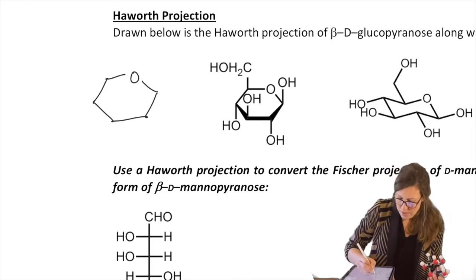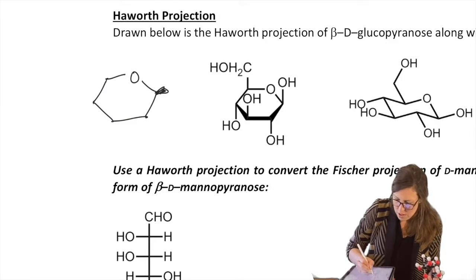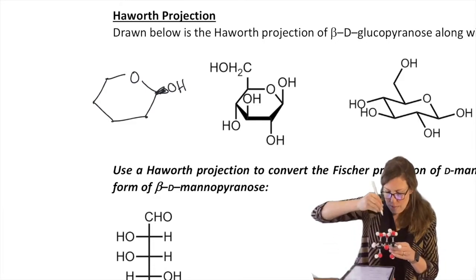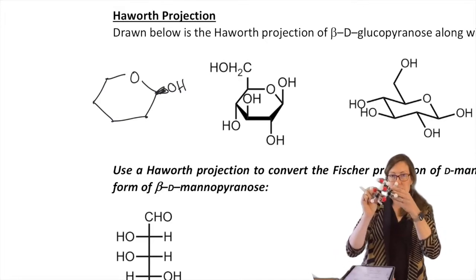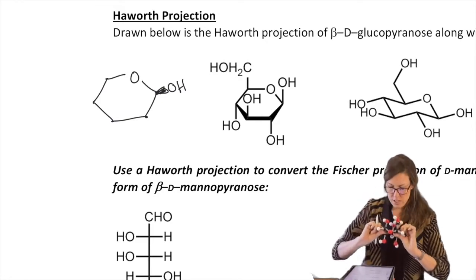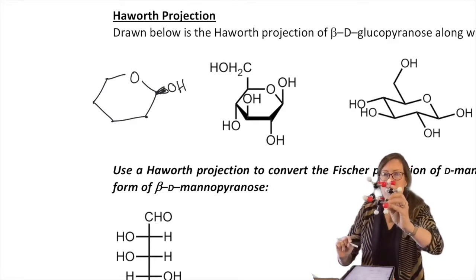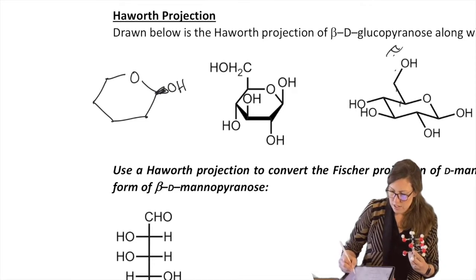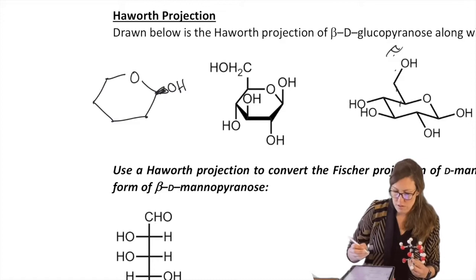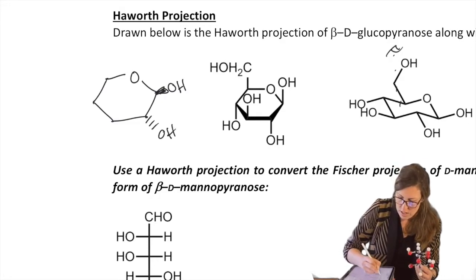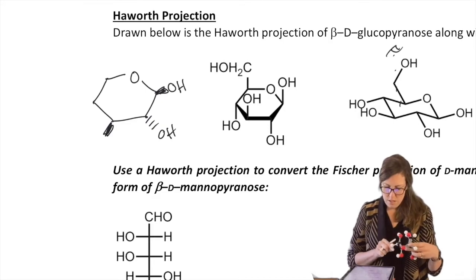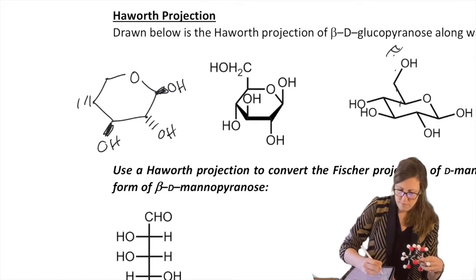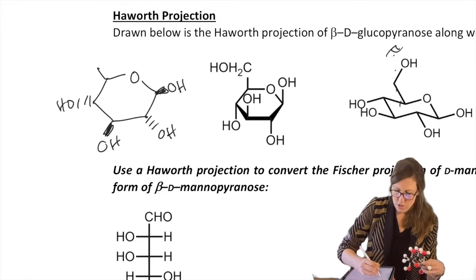So let's take a look at that. If you have that, how would you know which one you have? If you built this model, if your eyeball was going straight down the middle, even though it's zigzag on the side, which is what makes it a chair, if you look straight down the middle, suddenly those bonds look planar. And that's what this representation is. It's when your eye is going straight down that chair, you get the representation you're really used to. So if I draw this out, it would have my, let's see, yeah, up, down, down. And then I have a CH2OH up.